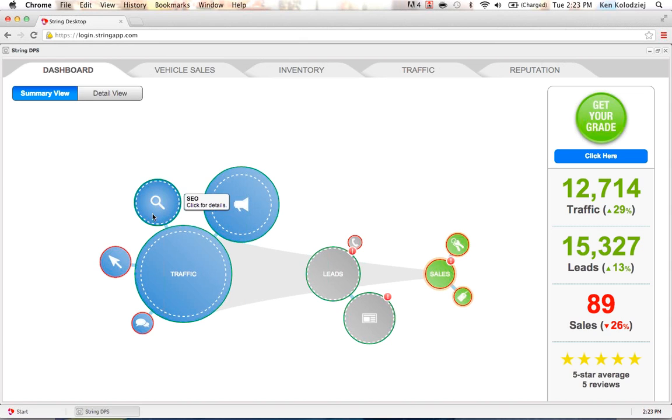And this is what's called the bubble chart. No surprise, of course, it's full of bubbles. And what this gives you is a high-level overview of your web traffic, your leads, digital leads in this case, and sales flow. And so it's going to give you a really visual means of figuring out where you need to focus your attention. And so I said I'd give you a use case. So for example, let's pretend you're the e-commerce director and your GM calls you. It's mid-month, for example, 1 week into the month, and the GM calls and says, how are